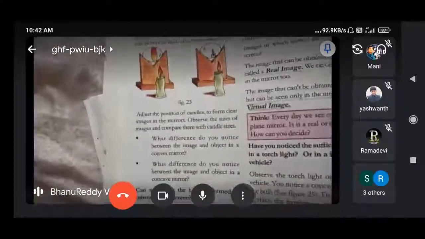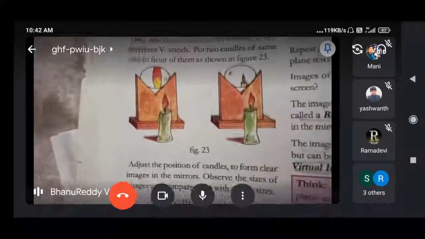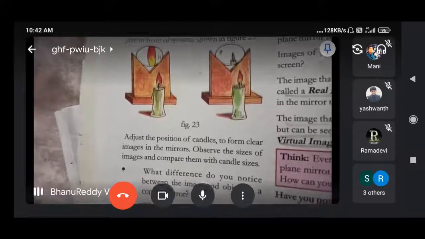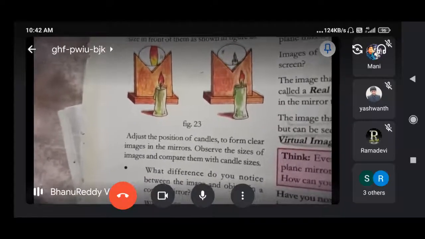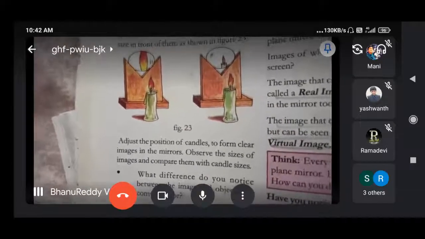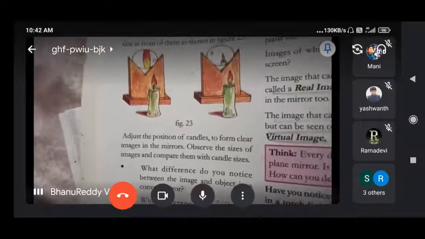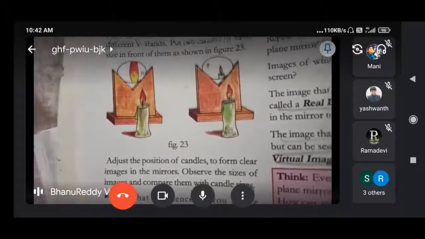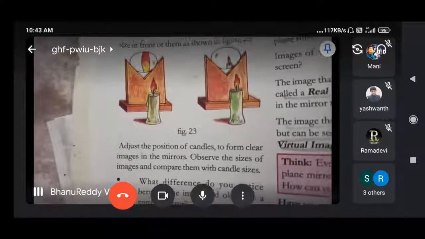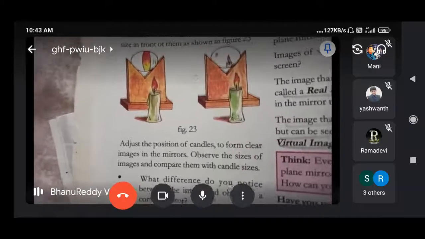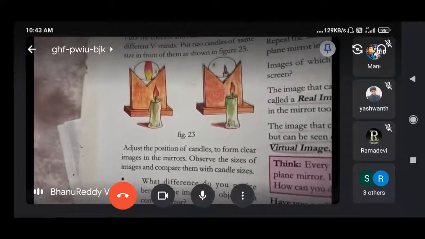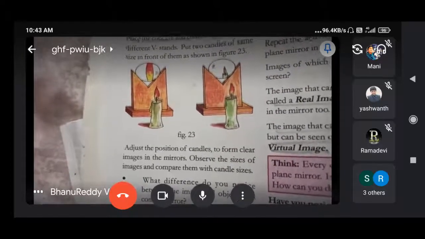Okay now? Next. Here see what images and compare. Big size in concave, small size in convex. So these terminologies I am using, you are going to see in higher classes: erected, inverted, diminished. All these terminologies you are going to see in your higher classes. At that time it won't say reversed. In textbooks it will say inverted. And it won't say small sized image, it will say diminished. Erected. And it won't say big size, large in size.